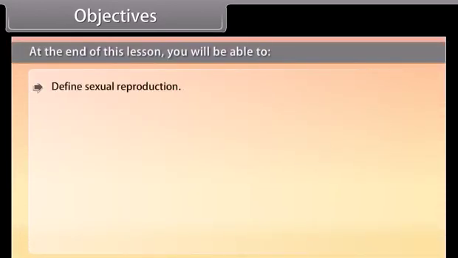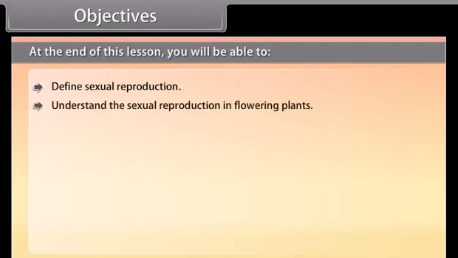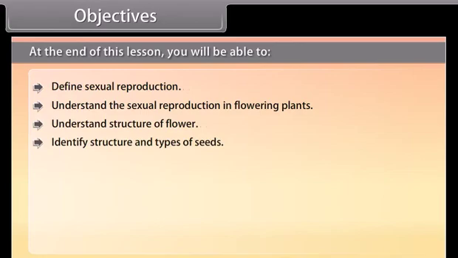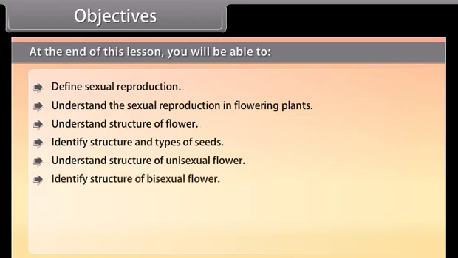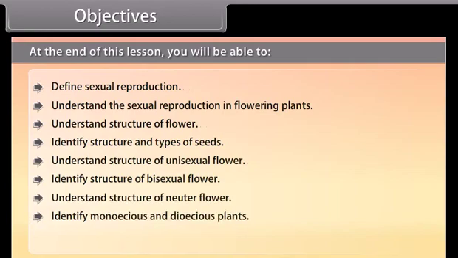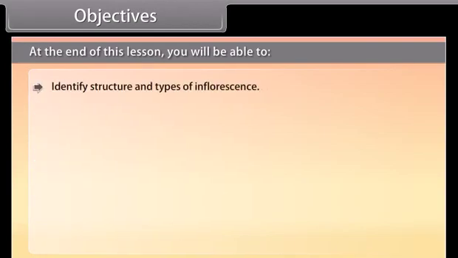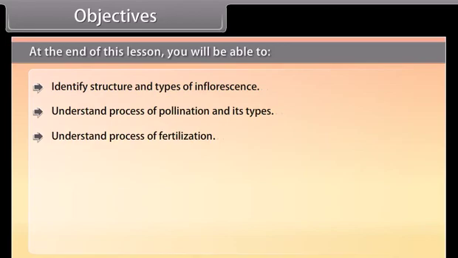Objectives. At the end of this lesson, you'll be able to define sexual reproduction, understand sexual reproduction in flowering plants, understand structure of flower, identify structure and types of seeds, understand structure of unisexual flower, identify structure of bisexual flower, understand structure of neuter flower, identify monoecious and dioecious plants, understand functions of flower, identify structure and types of inflorescence, understand process of pollination and its types, understand process of fertilization, identify structure of